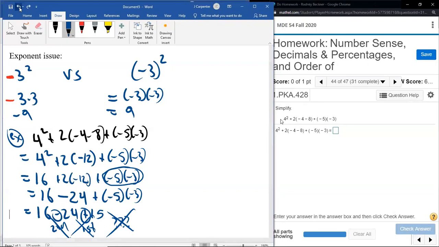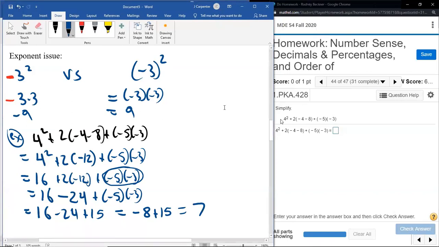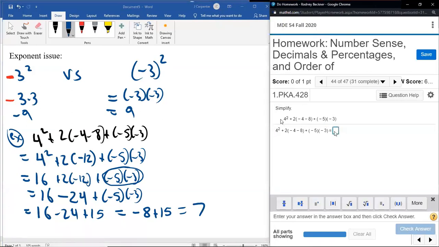Addition and subtraction are two sides of the same coin. You do them in the order seen from left to right. So you actually do the subtraction first. 16 minus 24 is -8, because 24 minus 16 is 8, and the larger sign is negative. So then we have -8 plus 15. We do 15 minus 8, which is 7. The larger sign this time is positive, though. So our final answer should be 7. If I made a mistake somewhere, it wasn't intentional.